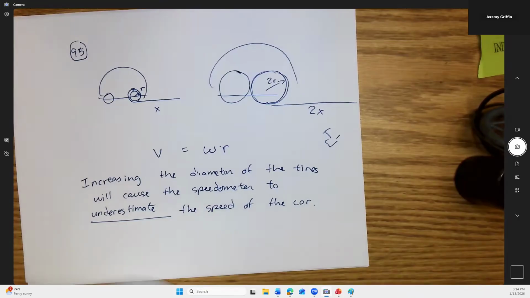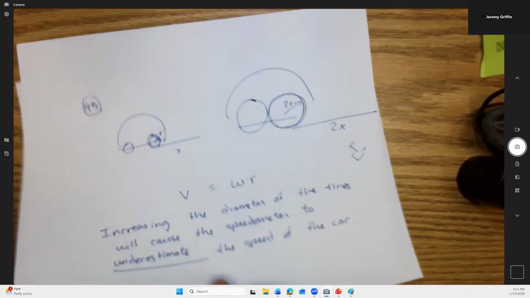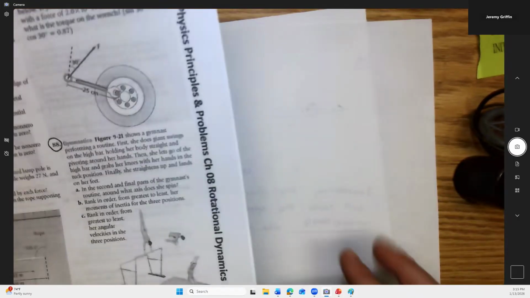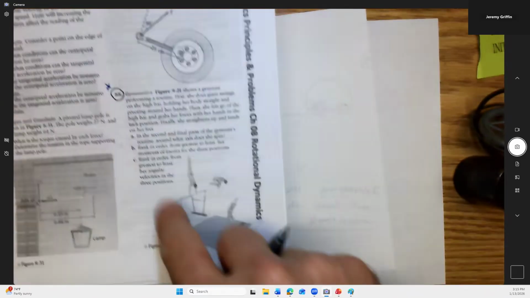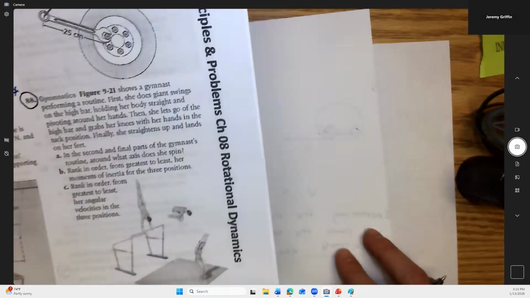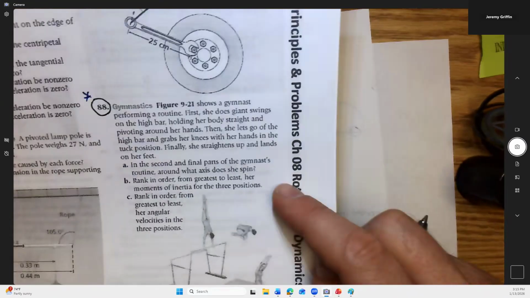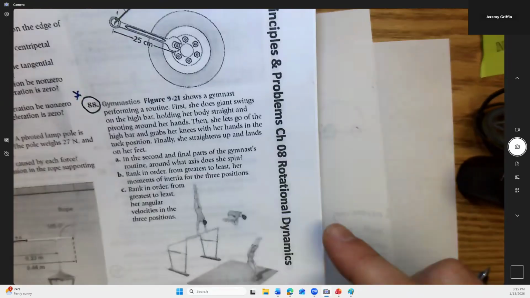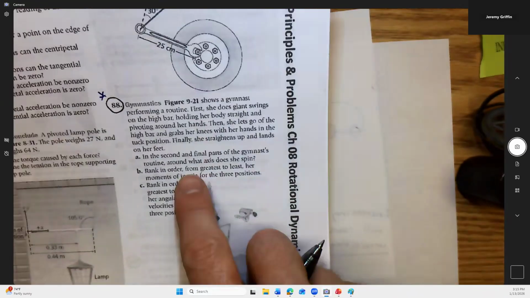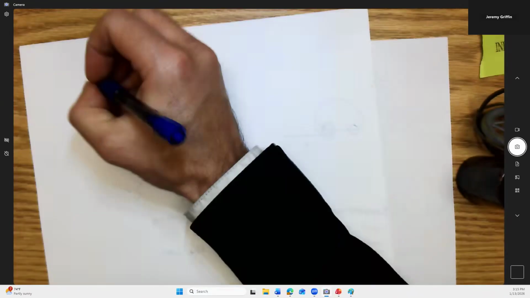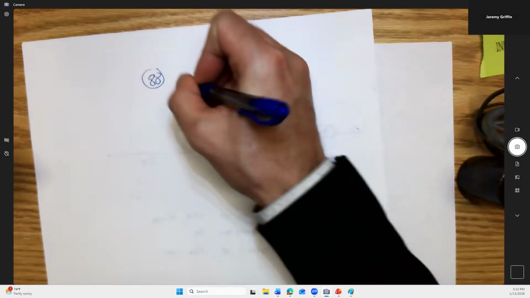All right, let's do 88, and then I'll roll up Vsauce. So 88 right here. We've got this gymnast doing these flips. I think the answer to this kind of depends on how you interpret this, especially for that last position. So part A, this is 88A,